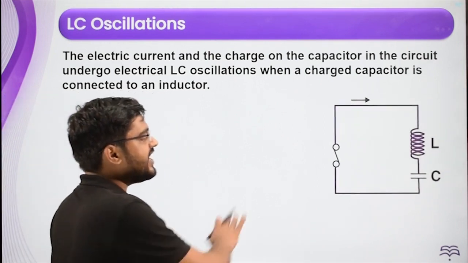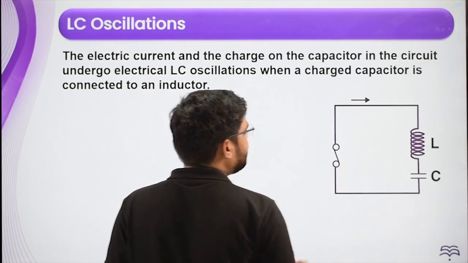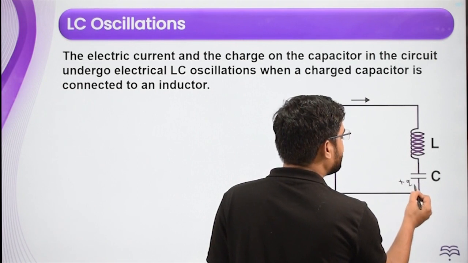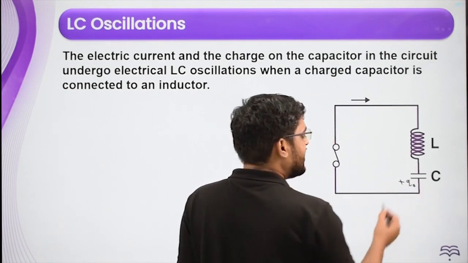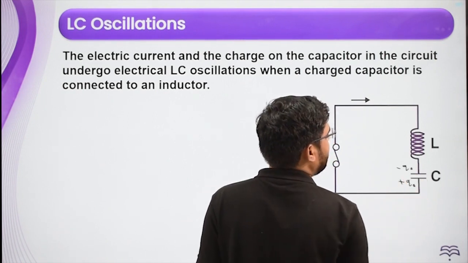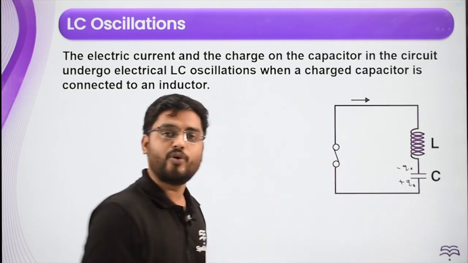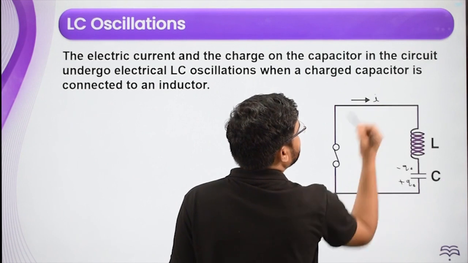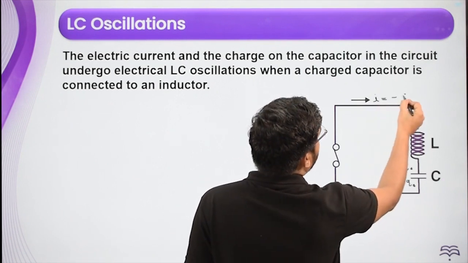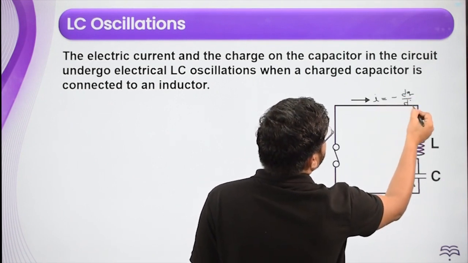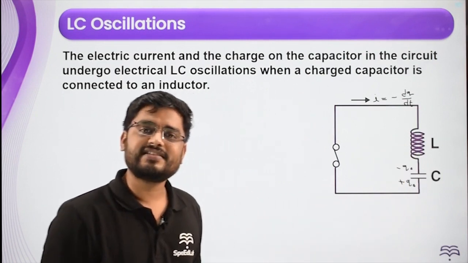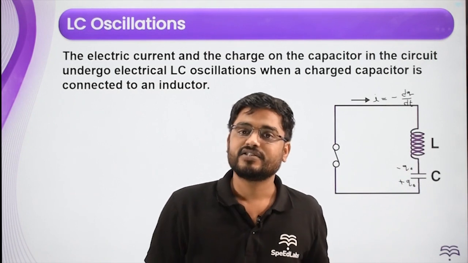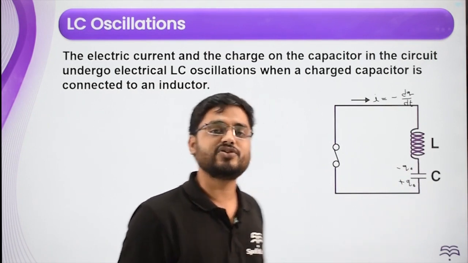Here we are going to derive an expression. Let's say this capacitor was charged and it was having plus Q naught charge over here, the maximum amount of charge, and minus Q naught charge on this plate, and the switch was open and now we are closing it. As soon as we close it, there is a current, and current is minus dq by dt. Generally the value of current is written as dq by dt, but here the charge on the capacitor is decreasing, so we are saying our current is minus dq by dt.